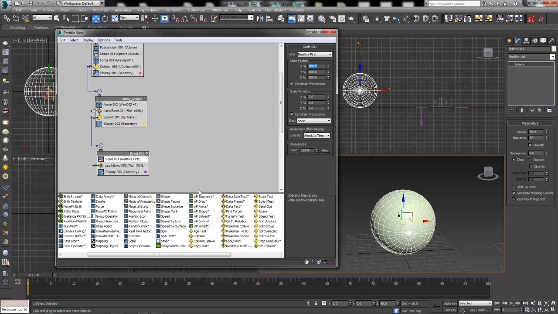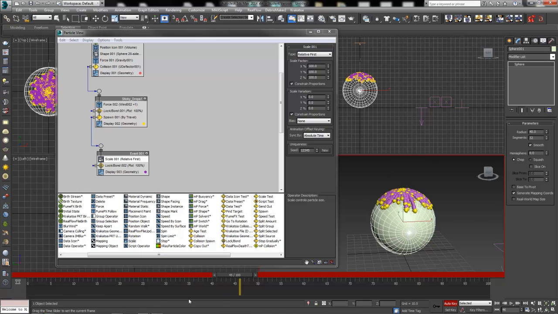And then we're going to do some keyframing on these. We can leave our constrained proportions. This means all we have to do is animate one of these guys, and the others will kind of follow suit. I'm going to go ahead and turn on my auto key. And I'm going to move this to, let's say, frame, it looks like about finished. Let's go to 35 here. We'll move this up momentarily. And change this from 100 to, let's say, half, 50%. Then between 0 and 35, they'll animate from 100% to 50% in size. And now we've got these real stringy things.